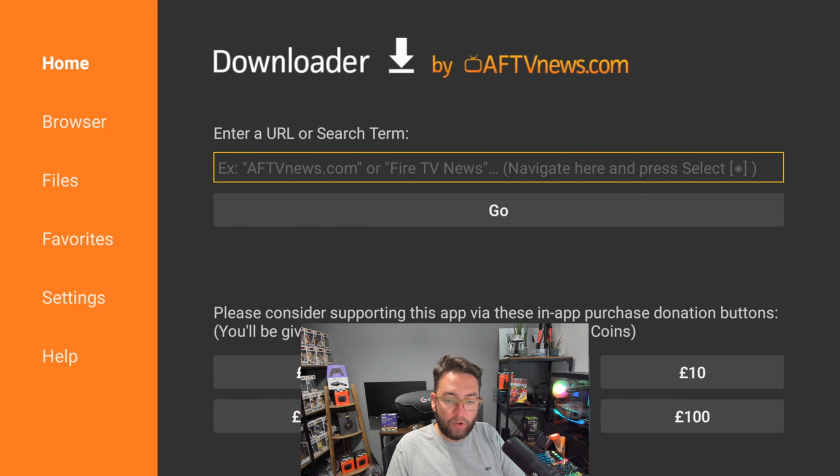We get lots of people talking about, how do I install Downloader on a mobile phone? How do I install Downloader on my tablet? I can't get it on there. How do I install Downloader on a PC? Okay, this is madness. For anybody who doesn't know what Downloader is, it's a great tool on Firesticks and Android TV